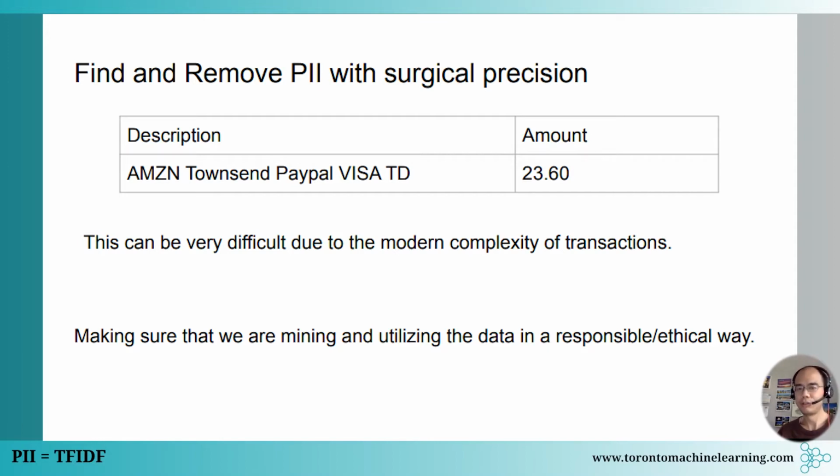So one simple transaction can have up to 5 or more middleman facilities involved, and all of them might dump some information into your transaction description. So it could be a huge mess. There could be information from any single entity that you don't even know about. So it's not an easy task to remove PII from there. And also, they are throwing this information in without really caring too much, because it ends up in your transaction record, in your bank statement, which is assumed to be private already.